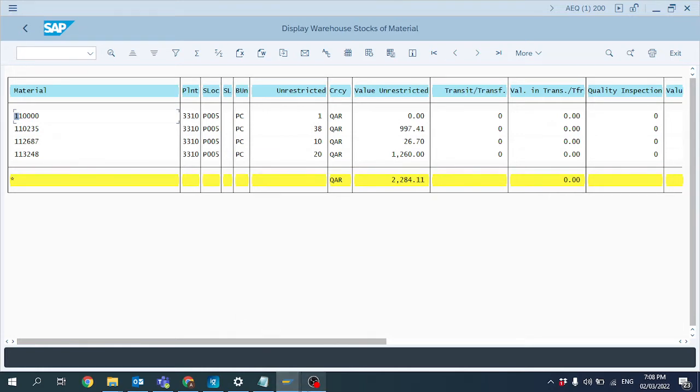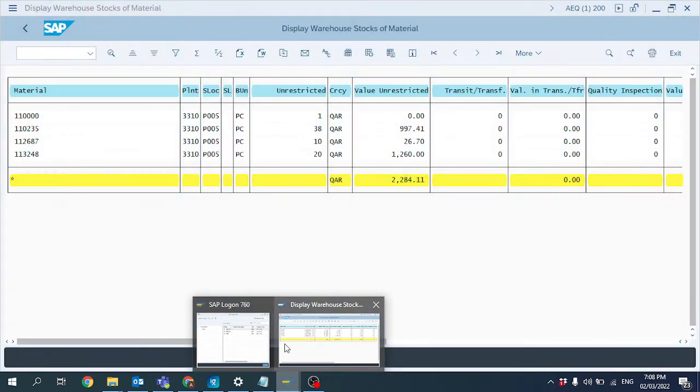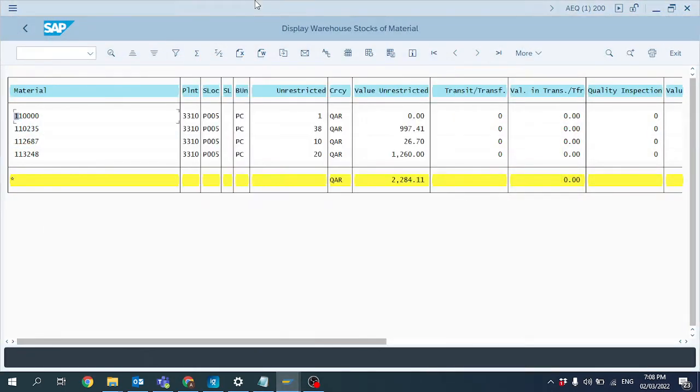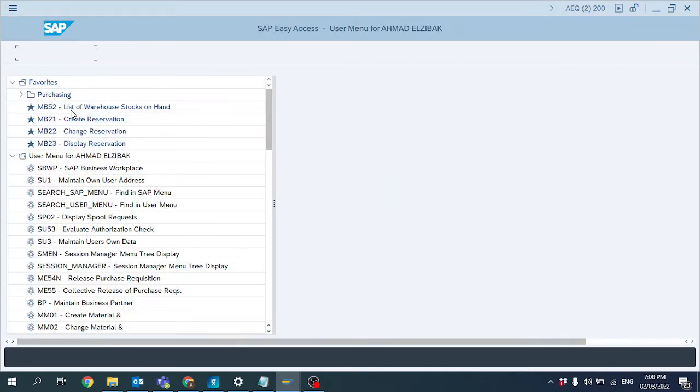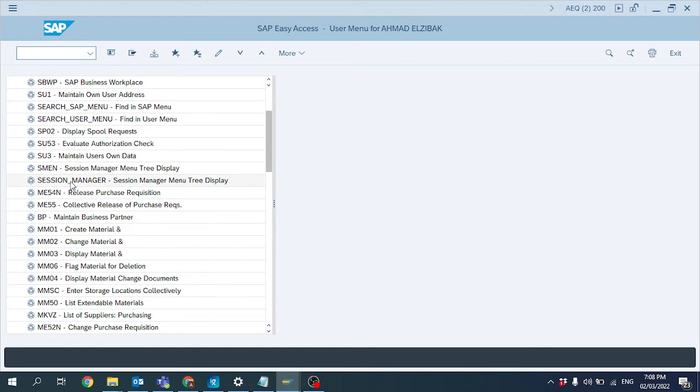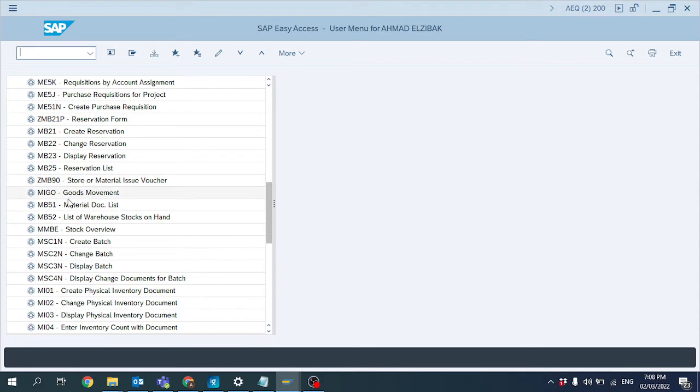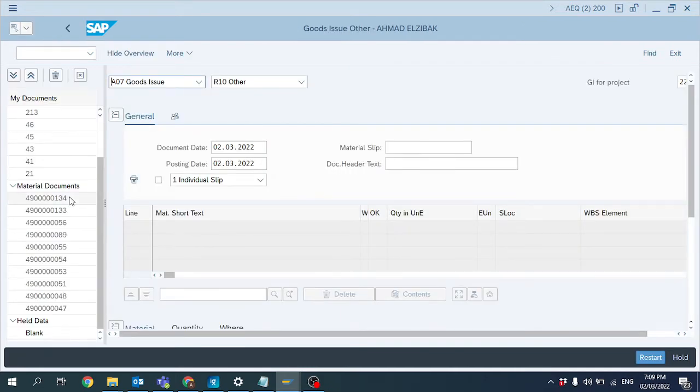Okay, no problem. So I'll go over here, I'll create a new window, and I'll go to MIGO. So I put /o MIGO. This will open MIGO in a new window. Click enter, see it open MIGO in a new window, or you can choose MIGO from the easy access menu. Either way you'd like to get to it, no problem. For example, I can go here to MIGO, and now I'll show you how to issue the item to the